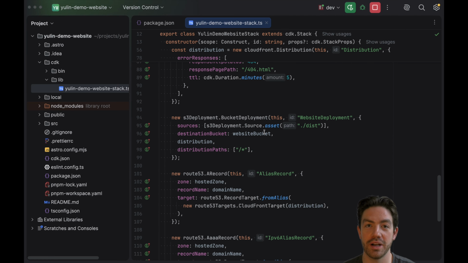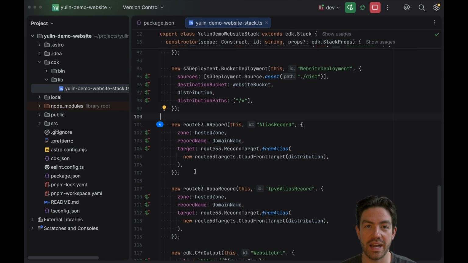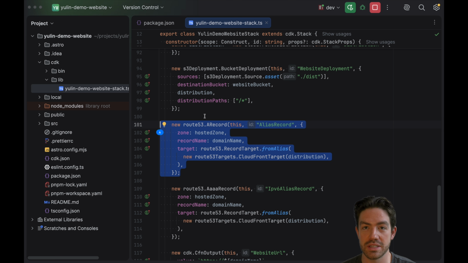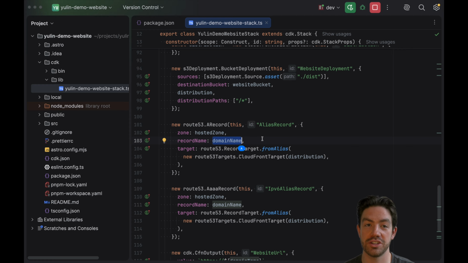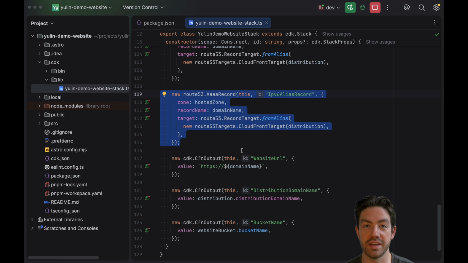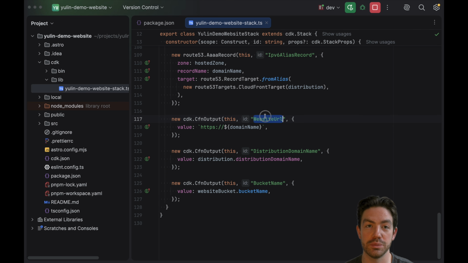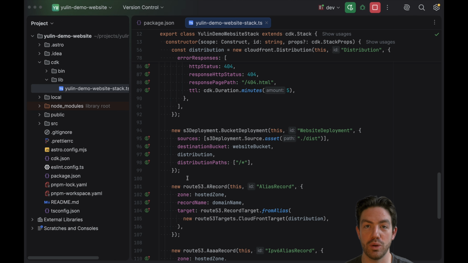Next is an S3 bucket deployment. This is a CDK feature that automatically copies files from a local directory into the S3 bucket during deployment, which is very useful for static websites. Finally, we have a Route 53 alias record. Alias records are an AWS specific feature that let you point the root of a domain directly at an AWS service, such as a CloudFront distribution. We also have the IPv6 equivalent. The only other things in this stack are three outputs, which expose useful values like the website URL, and we'll use those later. If we look back at the bucket deployment, it's expecting to copy files from a local dist